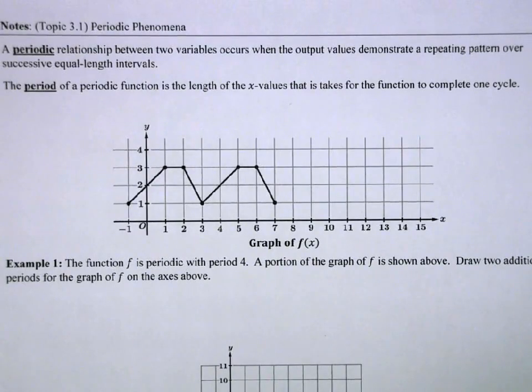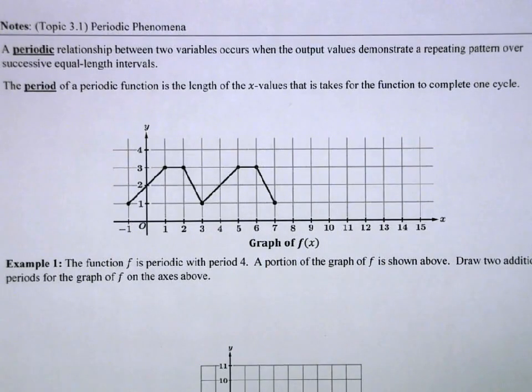Okay, today I'm going to go over topic 3.1, periodic phenomena. A periodic relationship between two variables occurs when the output values demonstrate a repeating pattern over successive equal length intervals. This can be lots of different things, and we're going to see lots of scenarios that are modeled